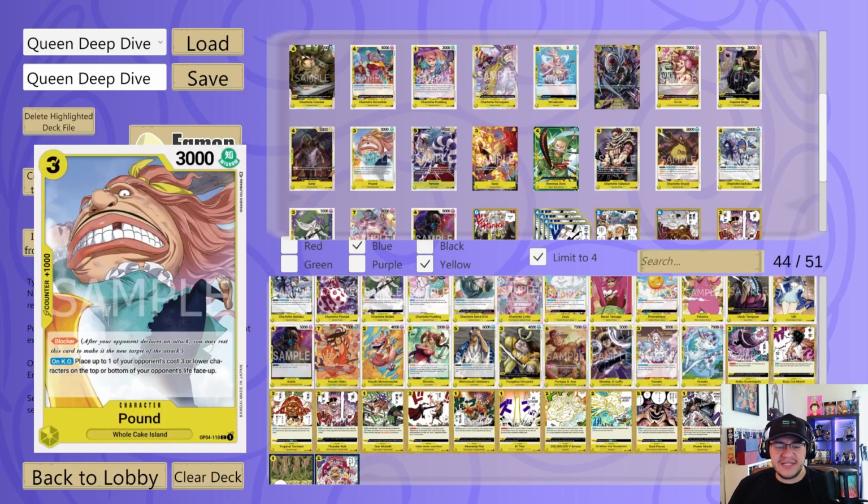Next we have Pound. It's another blocker, 3 cost, 3000 power, 1000 counter, and on KO it places up to one of your opponent's cost 3 or lower characters on the top or bottom of your opponent's life face up. Now, I think that this card is decent. However, I tested it out and I wasn't a big fan of it. You know, I don't believe the effect is mandatory. It says place up to 1. So I'm pretty sure that means that you don't have to place 1,